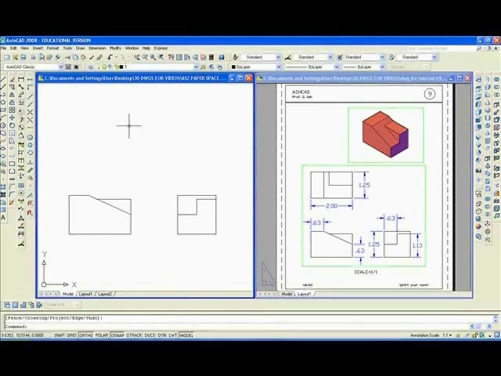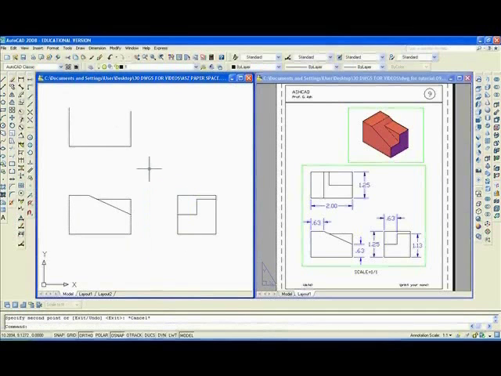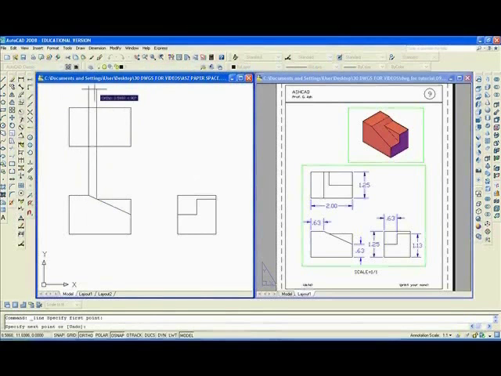Now we'll do the top view. So I'm going to copy these 3 lines and drag them up. We'll offset, O, enter, 1.25, enter. And we'll fillet these, F, enter, and we'll draw a line from this intersection all the way up. We'll draw another line from that intersection all the way up,